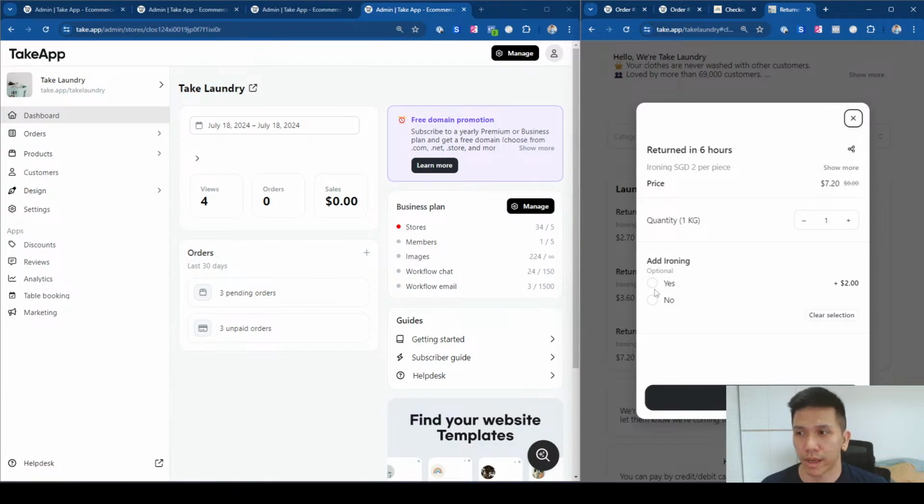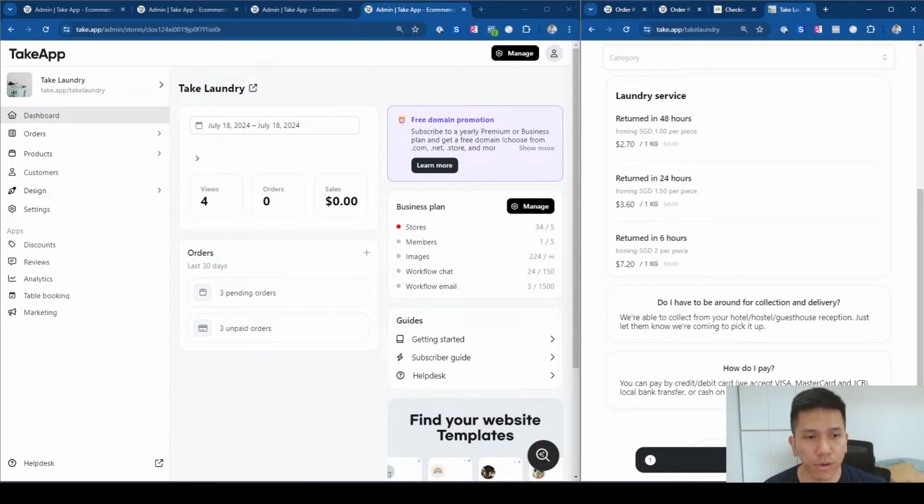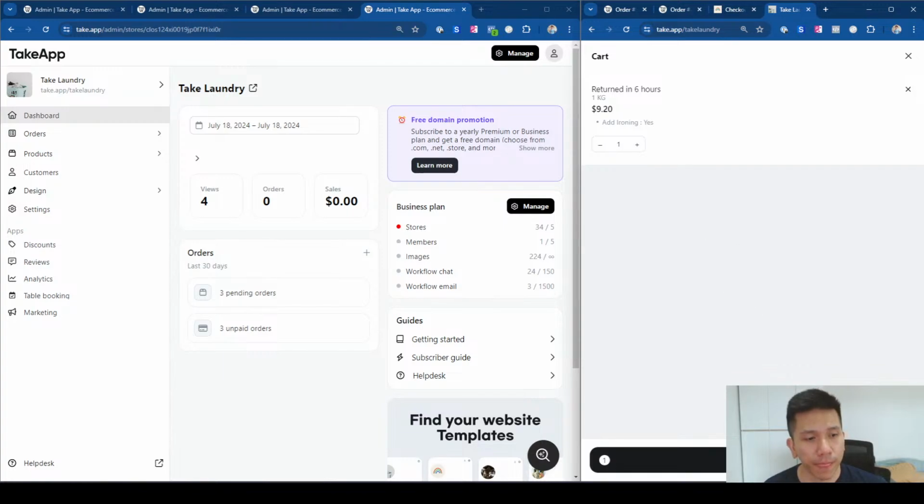And then the client can also see if there is an optional. Do you need ironing? You can also put this option. Maybe you have another option, like do you want it to be dry clean or something like that. Then you can also put the option right here, and let's say yes, I want ironing. And then you can also include the terms and conditions and some tips on payments. Then you can go to cart, check out,